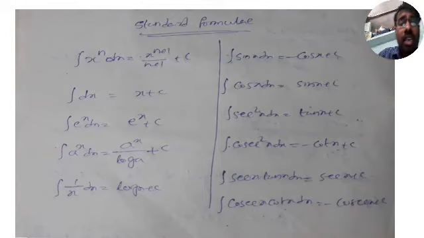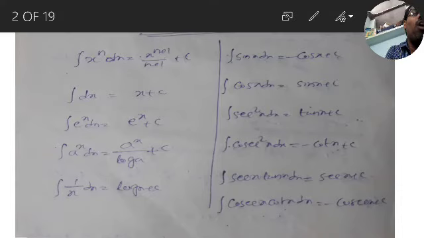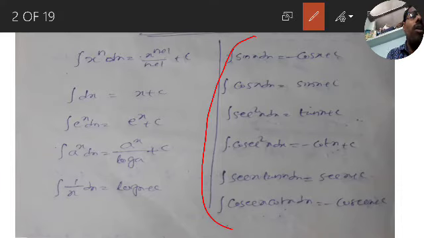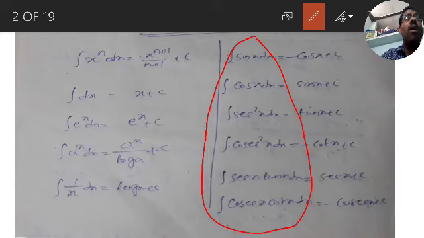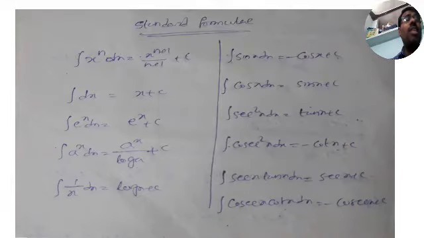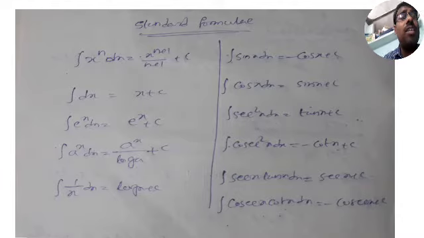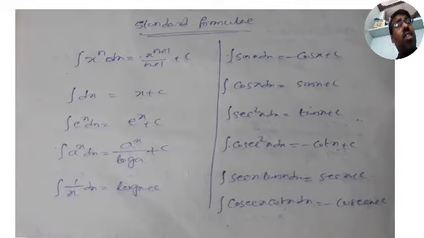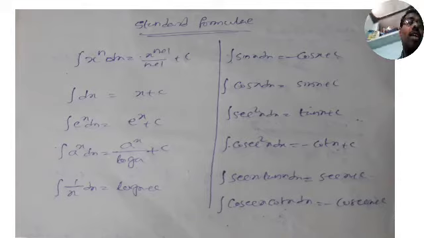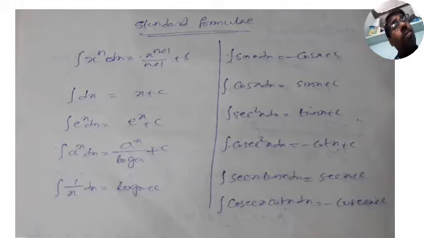In the next class I gave about 9 formulas. Here all the formulas are trigonometric. In the same way, for hyperbolic functions you will get the same. So let us see. If you know integration of sin x, integration of cos x, integration of sec square x, integration of cosec square x, integration of sec x into tan x, integration of cosec x into cot x, then you will easily be able to remember the other formulas of hyperbolic functions also.